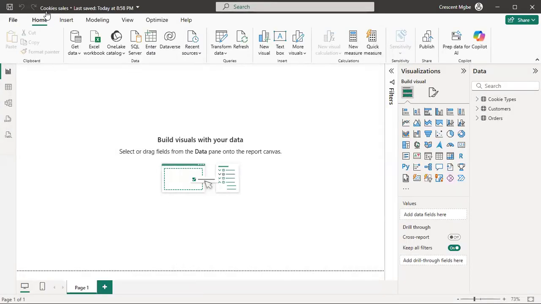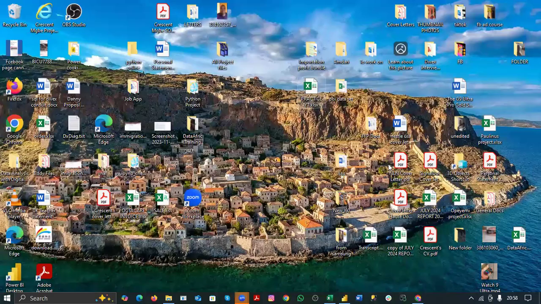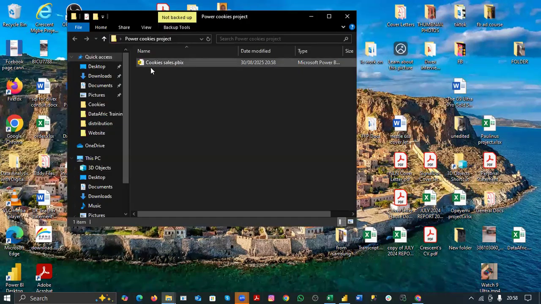You can see the name has changed here, cookie sales. This is now the name of this project. All right. So if you go to your computer, let me go to my computer and go to where Power BI is. Look at Power BI cookie. Look at the folder. If I open the folder, I'm going to see the cookie sales, which is the project